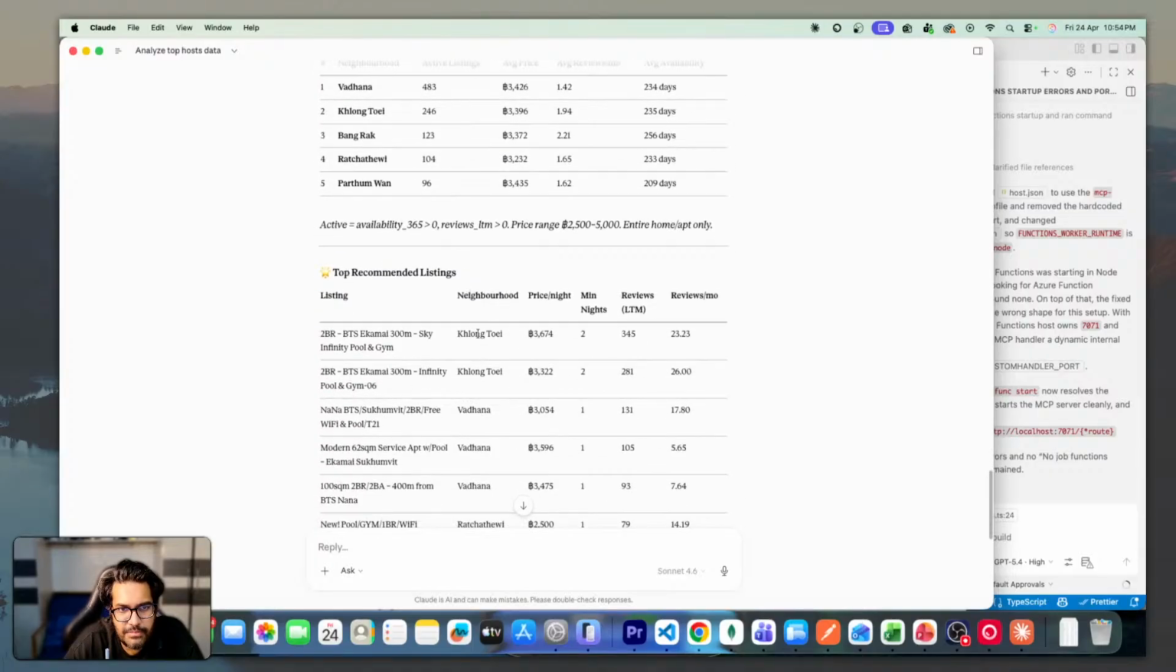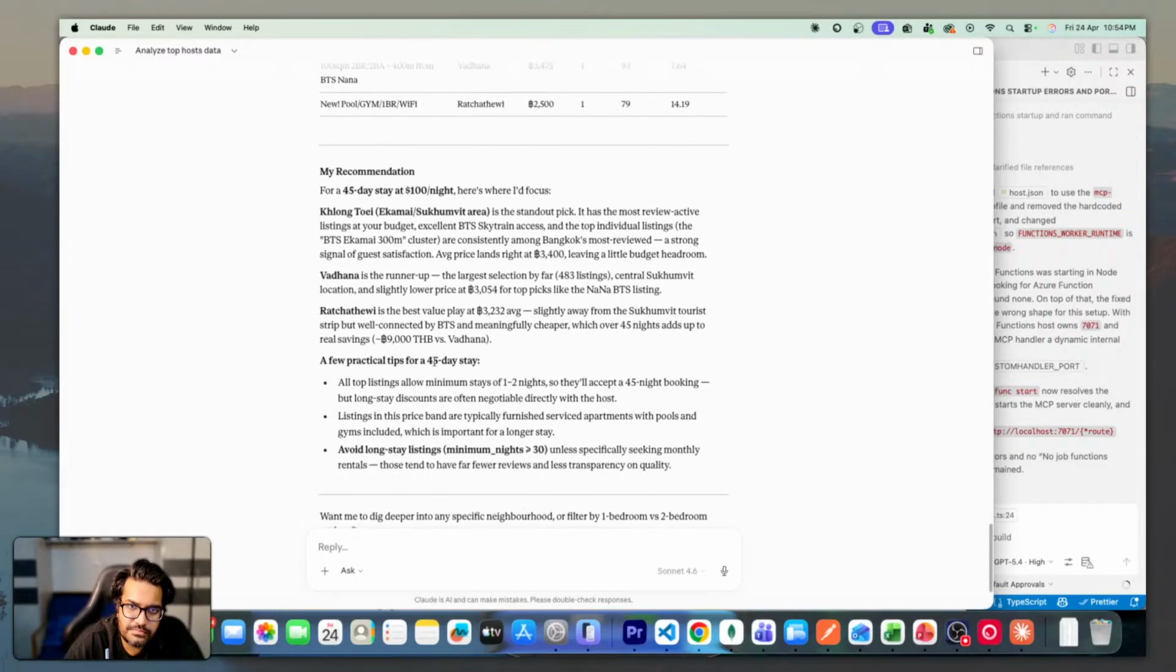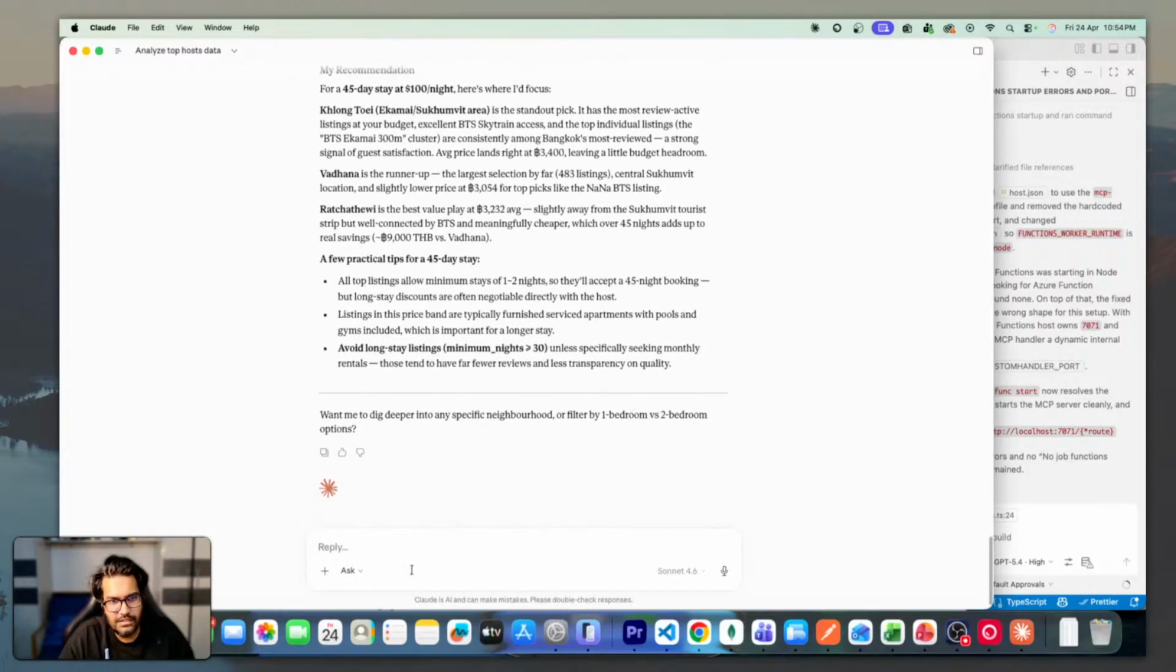Our top recommended listing is 2BR, BTS, Ikami, 300 meters, Sky Minimum Lauren, 3674, minimum is 2 nights. It's also saying these are the best areas, this is the runner up, and that, it's fine. One thing I can also show is,